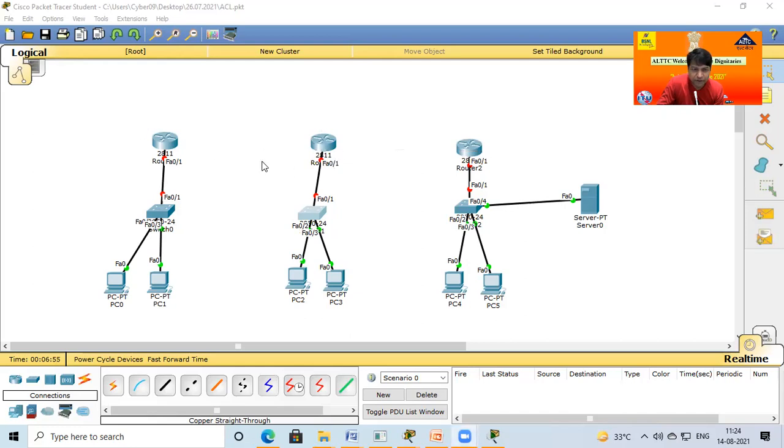Now in this case, also keep this in mind in communication. If you start with a fast Ethernet port, suppose I start at this location with a fast Ethernet port, then definitely the other end is also a fast Ethernet port. It doesn't matter what you change in between. But the starting point and ending point are all similar. So if here I install a serial port, you also install a serial port at this location. Similarly. Okay, it is the main concept of communication. The starting and end are both similar.